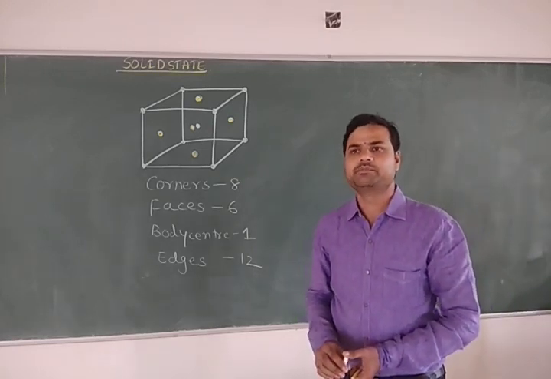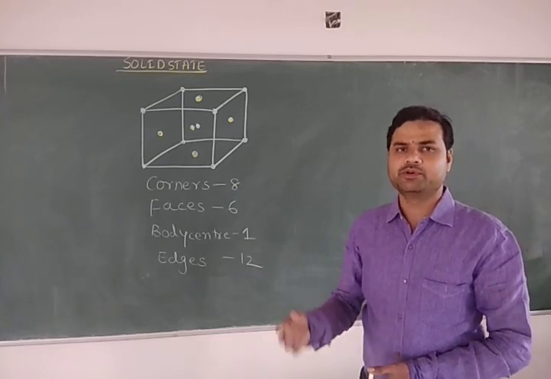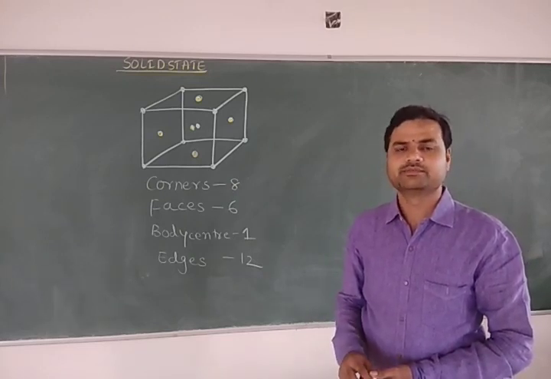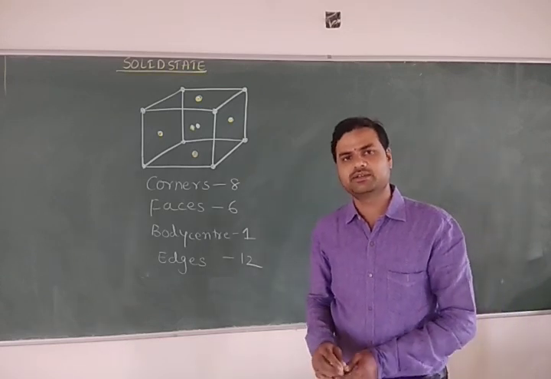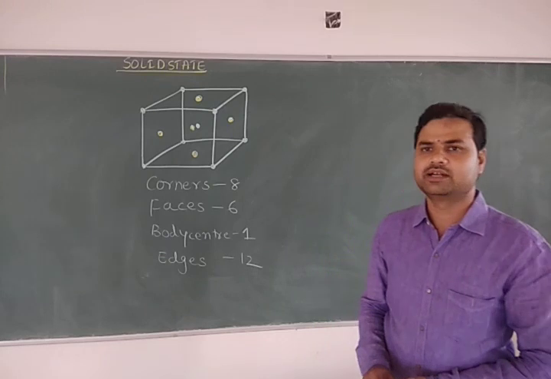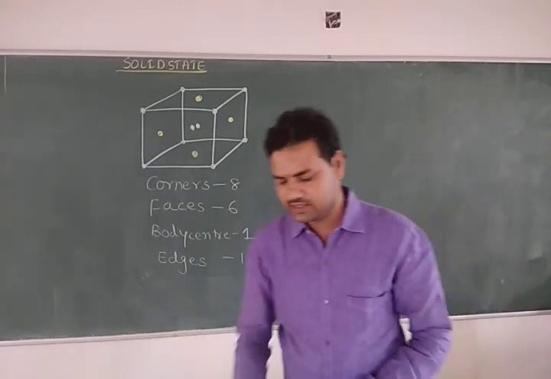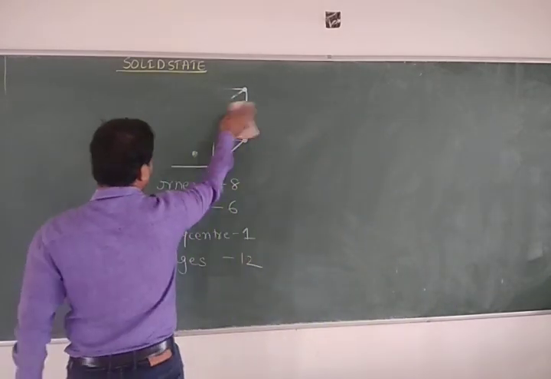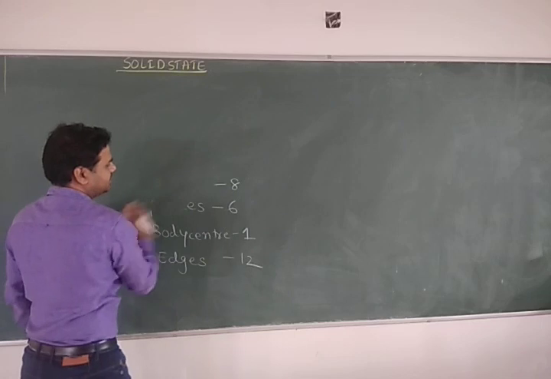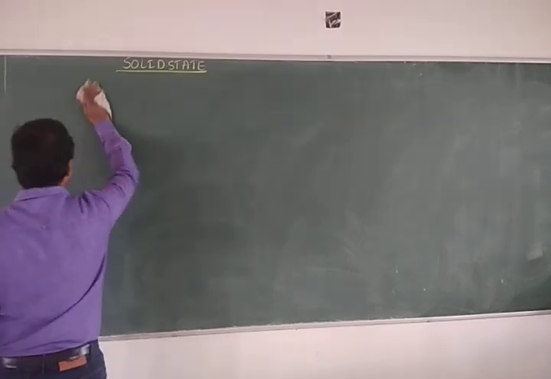Based on this concept we have discussed the number of atoms present in the simple cubic crystal, also called primitive. Next, the body centered cubic crystal, simply called BCC. And the last one, the face centered cubic crystal. In that class we discussed very clearly, and let us start some numericals. These kinds of questions may be asked mainly in competitive examinations like NEET or JEE.